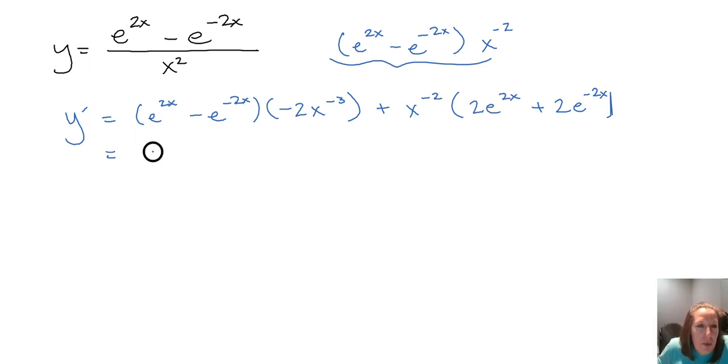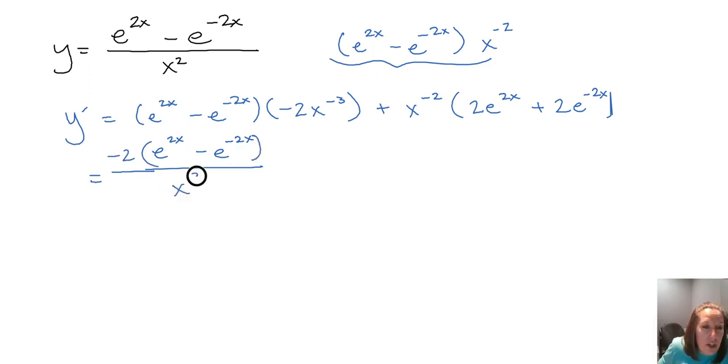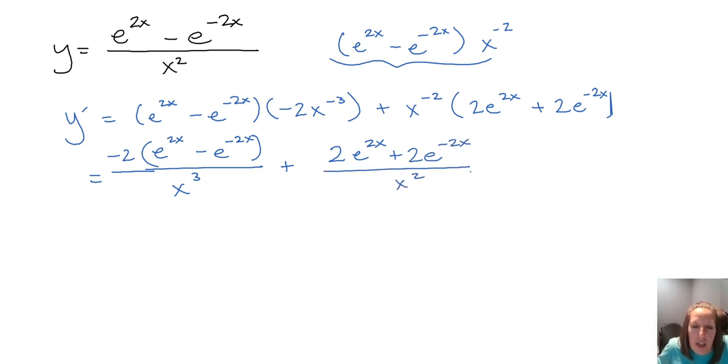All right, and let's go ahead and clean this up. That'll be e to the 2x minus e to the negative 2x all over, sorry, that 2 is not going to go on the bottom. This is going to be a negative 2 multiplied out by that exponential piece, and we'll have an x cubed in the denominator. And then the second piece is going to be 2e to the 2x plus 2e to the negative 2x all over x squared. Technically we're done here,